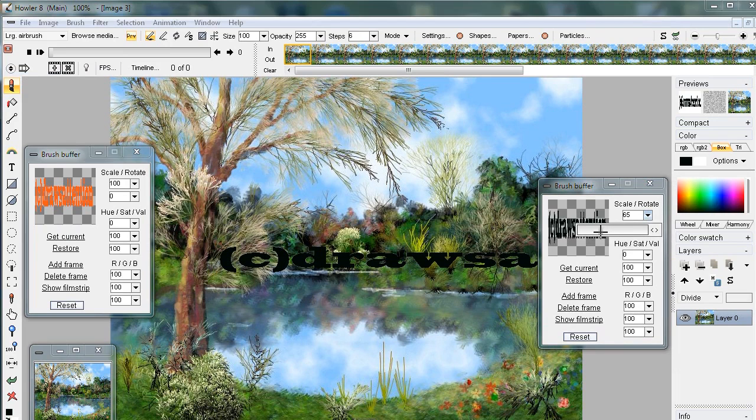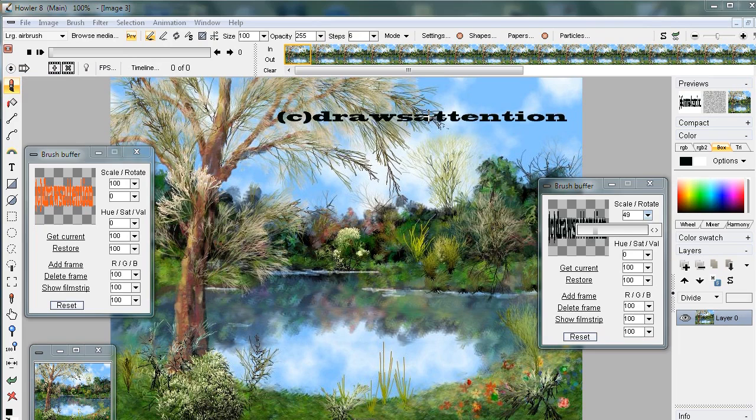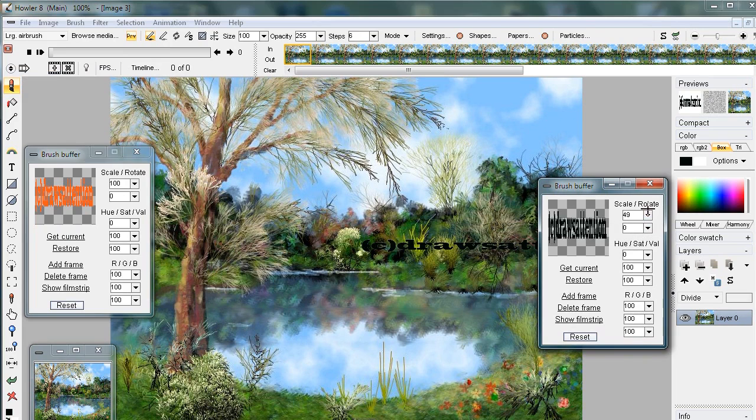So let's go grab this and make it a little bit smaller. See if that's the size. Yep. Then we also want to give it an angle. We'll rotate it. So let's go to the second one. We have scale and rotate sliders here. The first one is scale. We just used that. Now let's go to the rotation and see if we can rotate it one way or